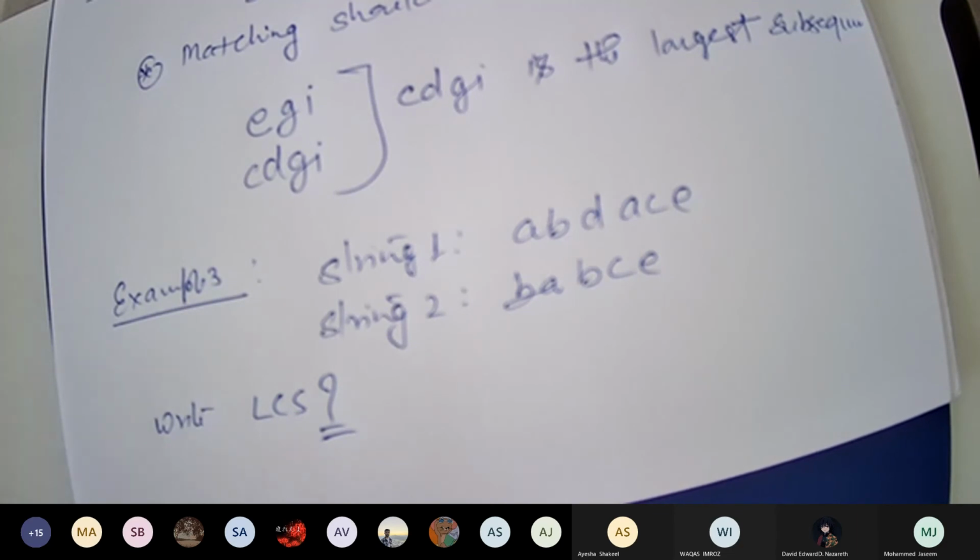Yes, Aisha Sakil has sent A, B, C, E. Correct. Akash has sent B, A, C, E. Both are correct.